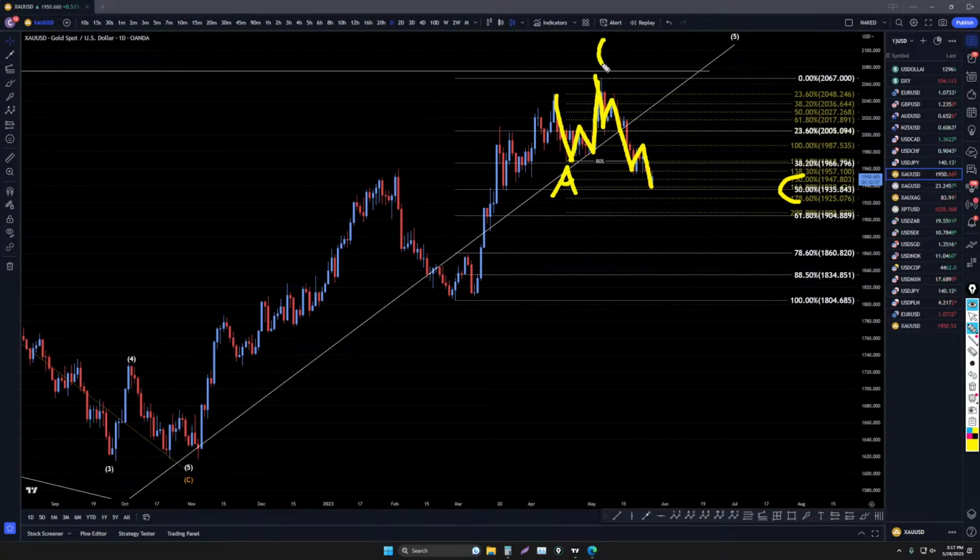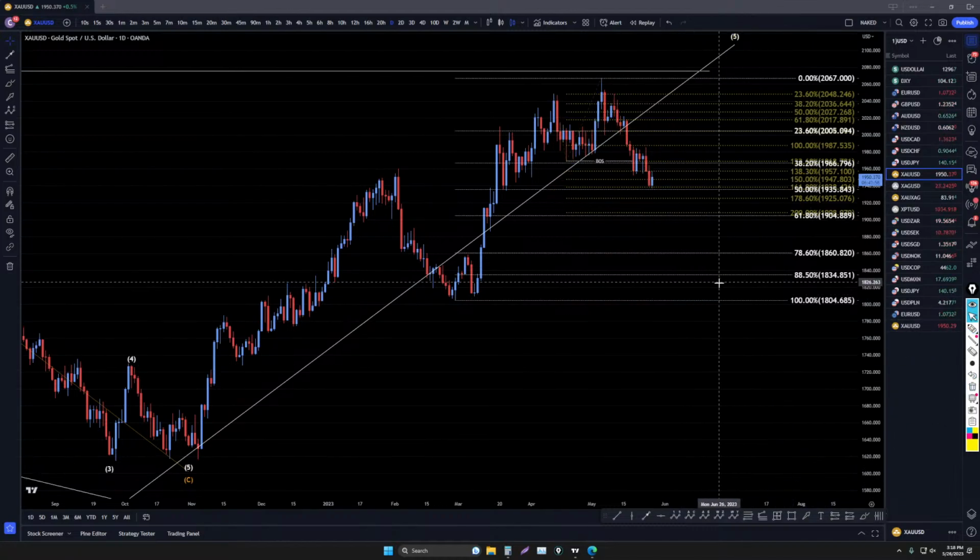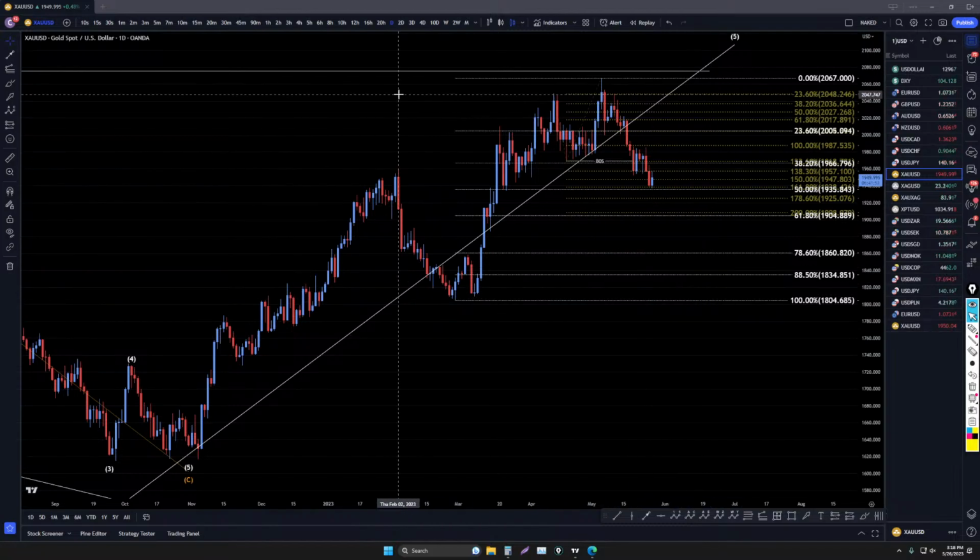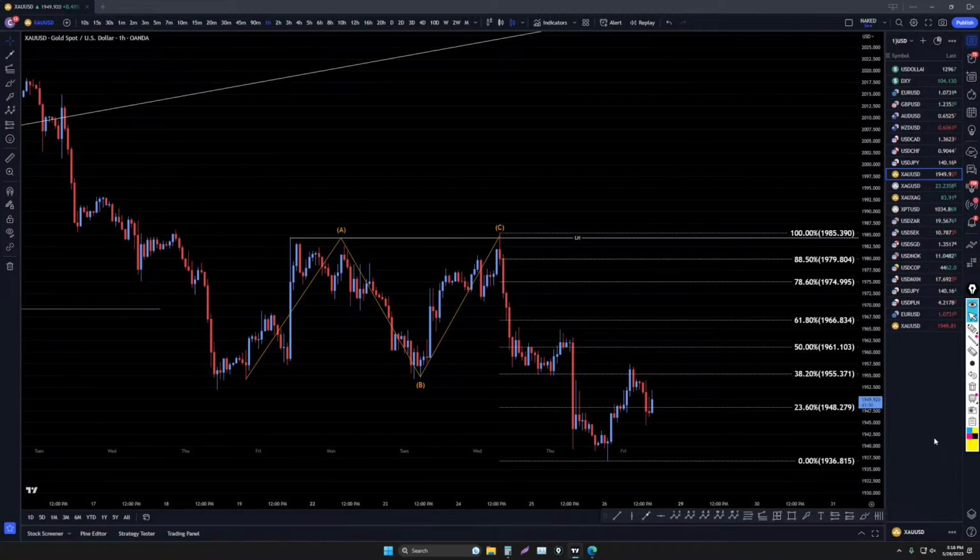I think that gold could be an ABC correction, and if it goes up impulsively on this daily time frame, I would say almost definitely that's the end of a correction and that it's going back up. I know everybody thinks that gold's going back to 1800 and maybe even lower, but I really am still sticking to the idea that it is going to go up again, especially with the fact that it looks like a trend. This looks like 3 waves down, and then this looks like it's going to go up again.